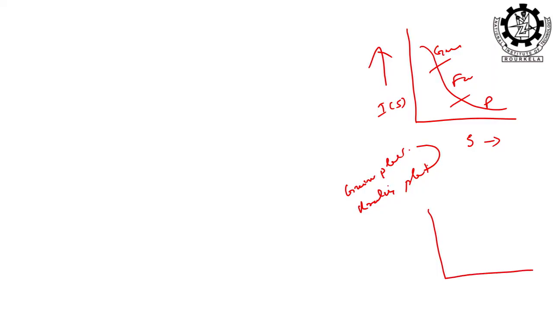How can you plot the Guinier plot? What is the axis for Guinier plot and for Kratky plot what are the axes? If this is Kratky and this is Guinier, then what are the axes for those two plots? How can you plot these two? What versus what? Kratky is I(S) S square versus S, right? And this one Guinier, I(S) versus S, right. So, now which intensity you will take here and which intensity you will take here?